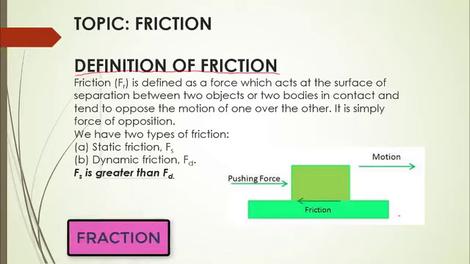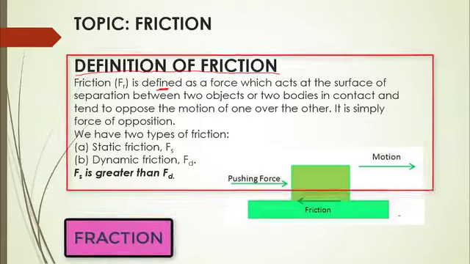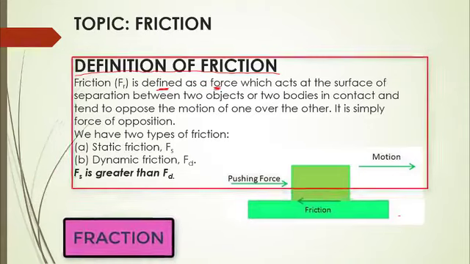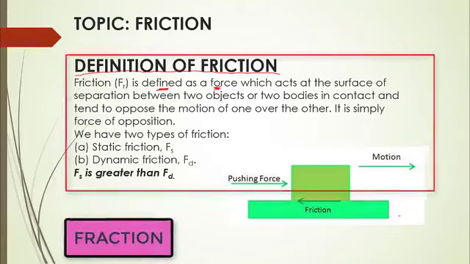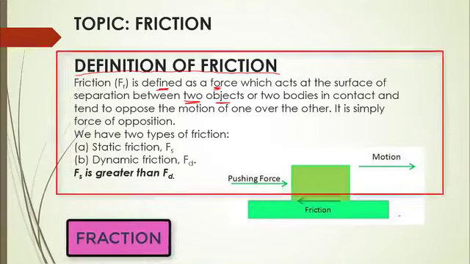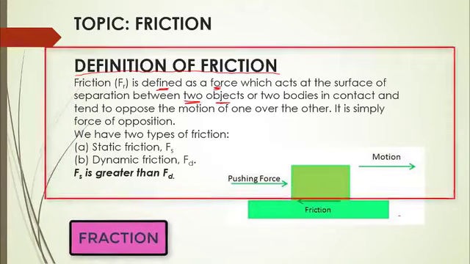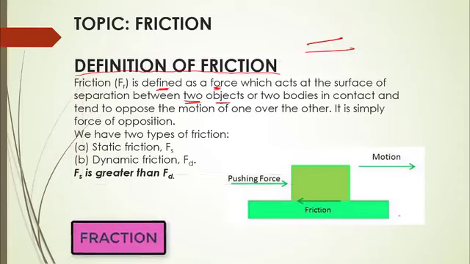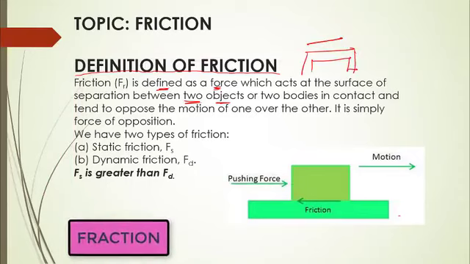Friction has been defined as a force which acts at the surface of separation between two objects or two bodies that are in contact with each other, and they tend to oppose each other's motion. Let's say this is a table, for instance, and there is a ball on top of this table. Of course, there will be friction at this point of contact between these two objects that are trying to oppose